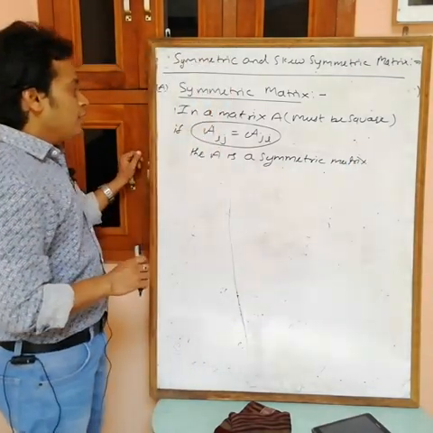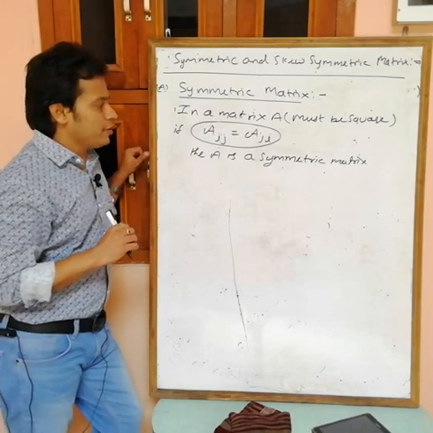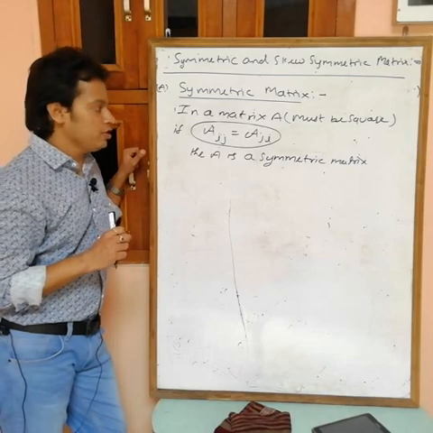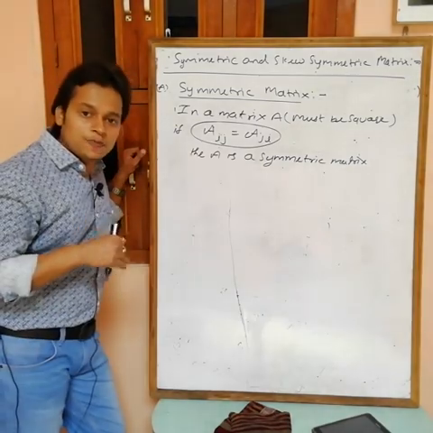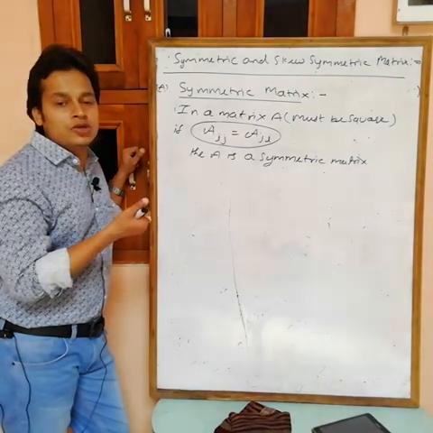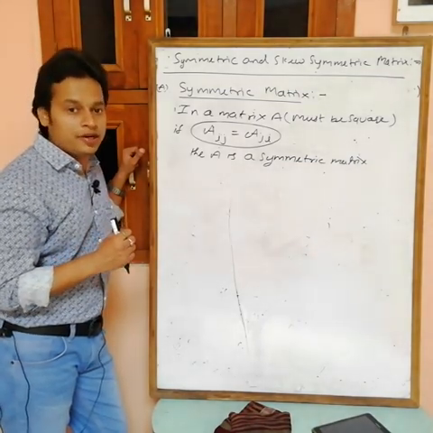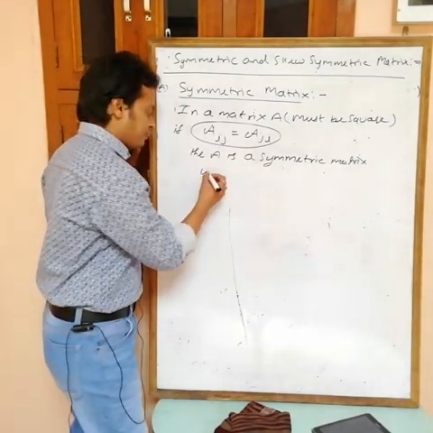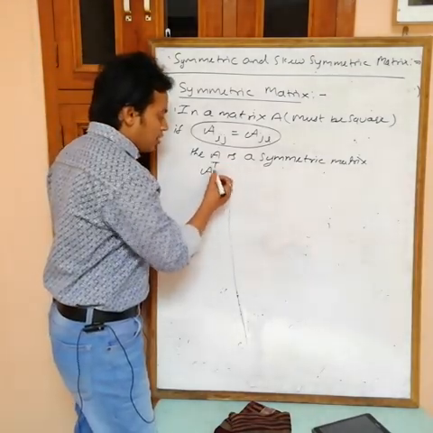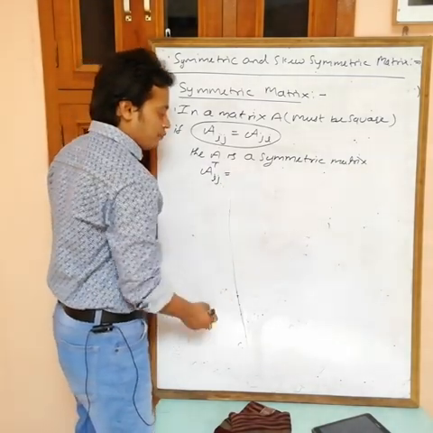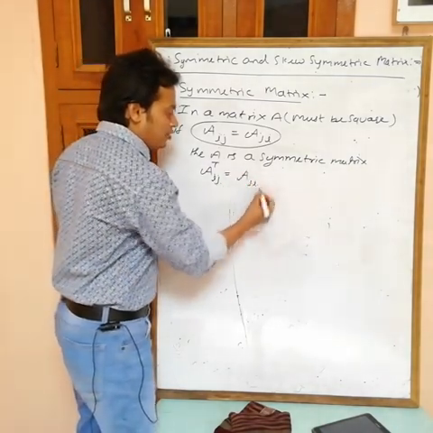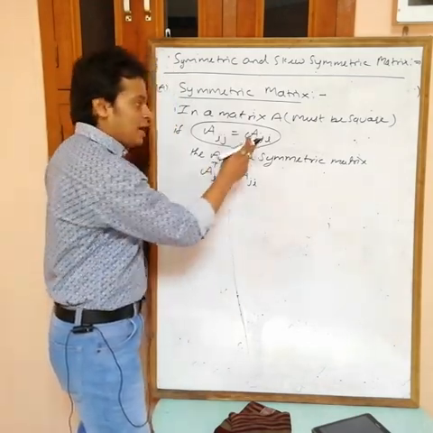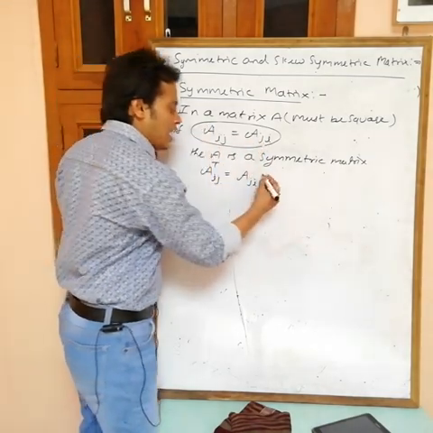Okay, now actually in case of symmetric matrix also we have another condition, that is A transpose is equal to A. You can also remember that if A transpose is equal to A for any square matrix A, then A is said to be a symmetric matrix. Now how are we getting that A transpose is equal to A? See, the ijth element of A transpose is equal to the jith element of A, and if A is a symmetric matrix, then the jith element is equal to the ijth element.